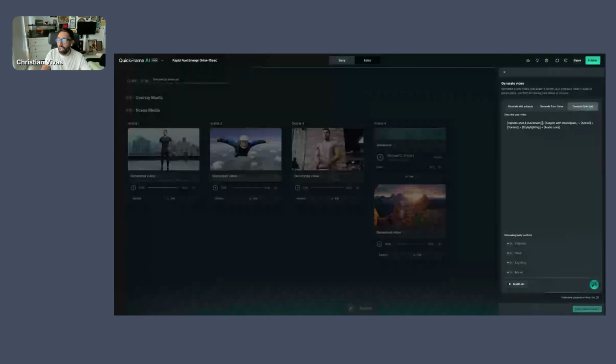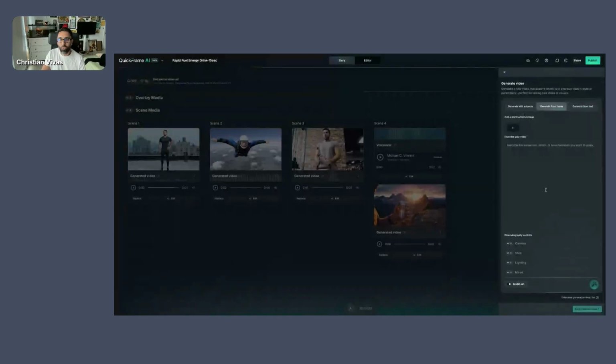So for example, camera shot and movement, we have already taken care of through our camera controls. So we can remove those. Style and lighting, we've also done that already through our lighting and our mood control. So we can remove those as well. So now that leaves us with a couple of things for our prompt, which is just the subject descriptions, action, some kind of context and audio cues. So let's go ahead and remove that. This is just us being able to generate from text or from a prompt.